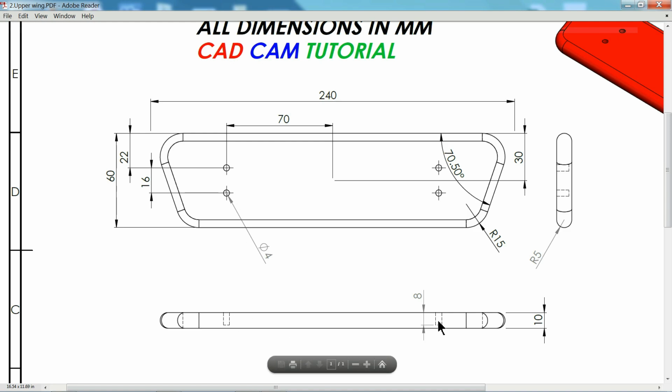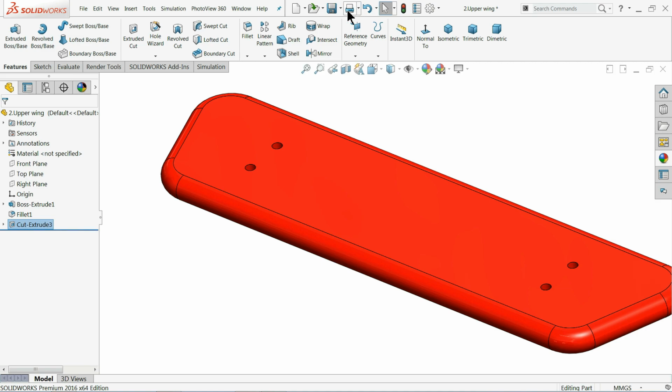Here you will see the depth is 8 millimeter, but from top view, see, everything is same, like the angle, the width, height and thickness, radius, everything is same. So this is the part number 2. So let me save this one as a upper wing.